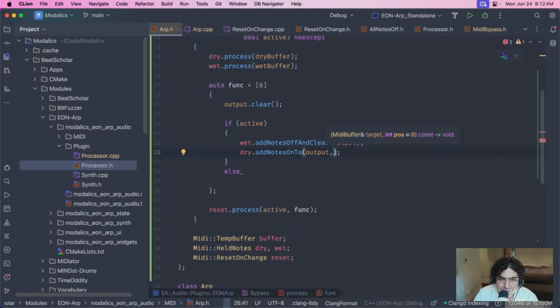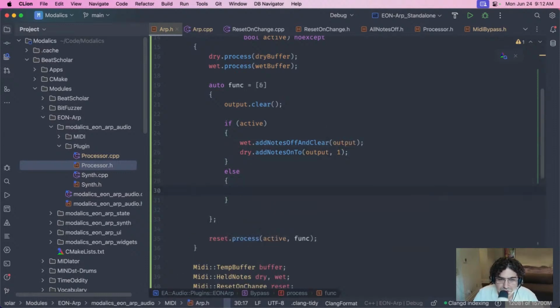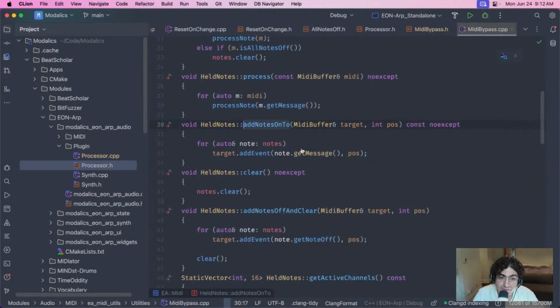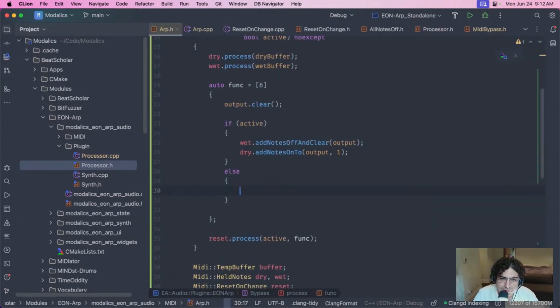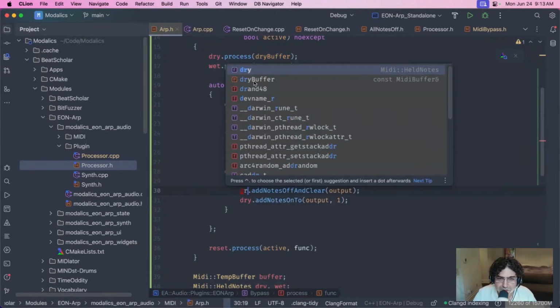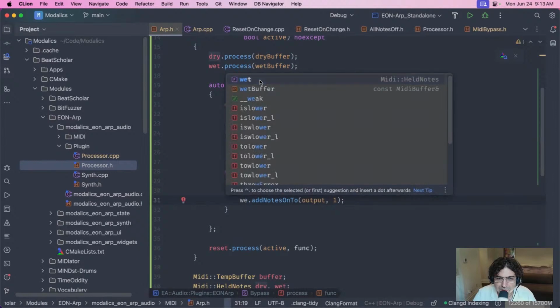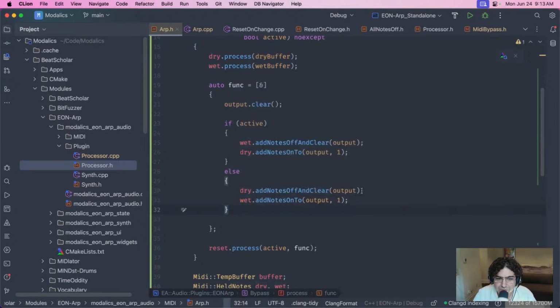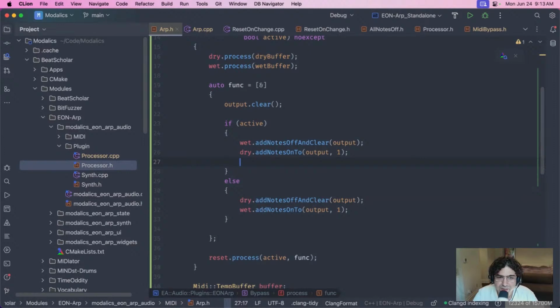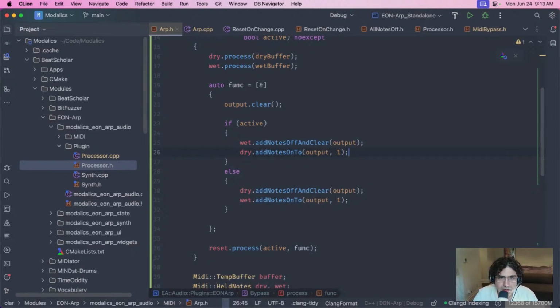And basically, do I still have the minimum position thing? Yeah, so this might be 1, just to make sure that there's no collisions, I guess. And then this should be the other way around. Like this should be dry, wet. And when it's finished, this should put the... yeah, I think this is really it. Oh, and there's also the part about after this is done,